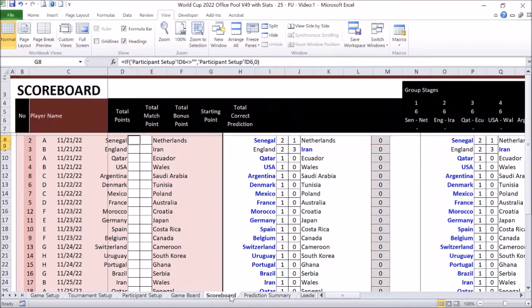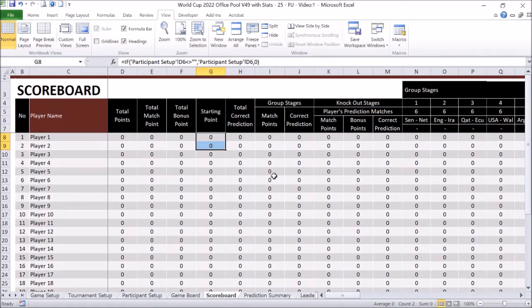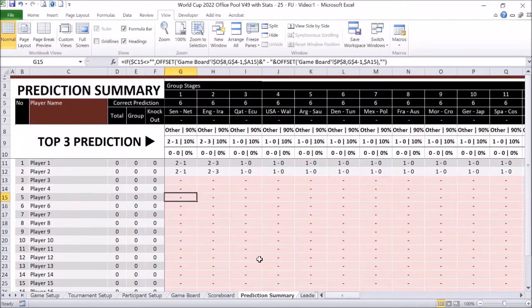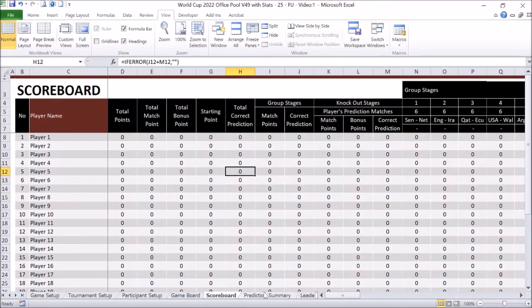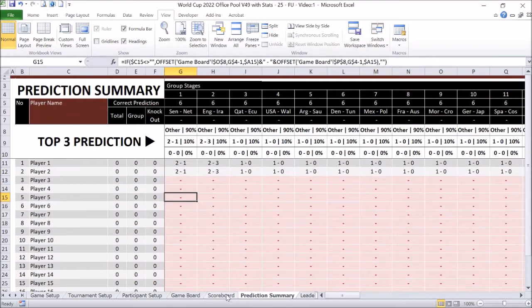If you see this in the scoreboard, no points are awarded because none of the actual matches are filled. And there are two here, a scoreboard and a prediction summary that you can see. The prediction summary is basically where you can see the predictions of all players here. Also, there is a top tip prediction on top of this table that can help you see the majority prediction.